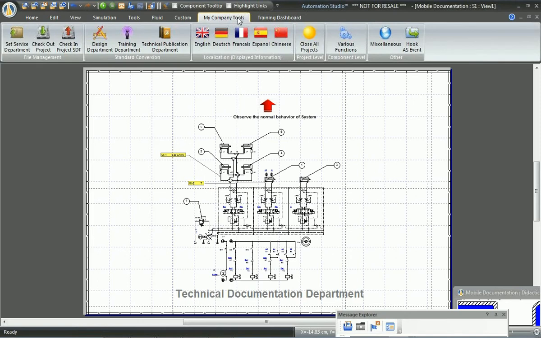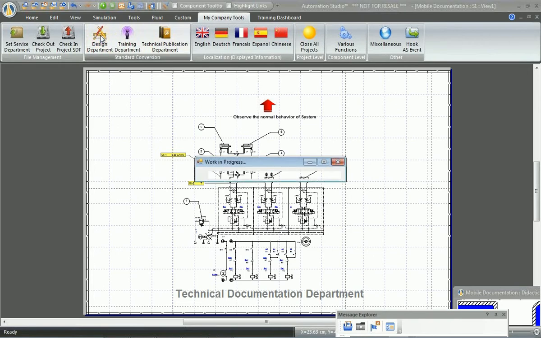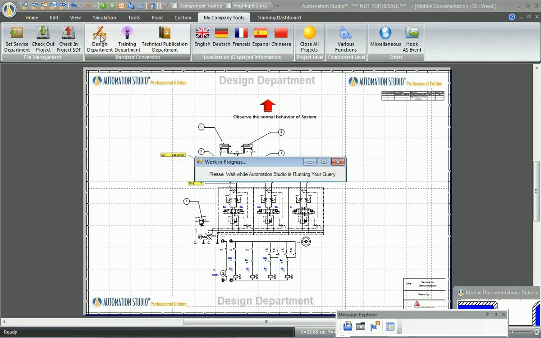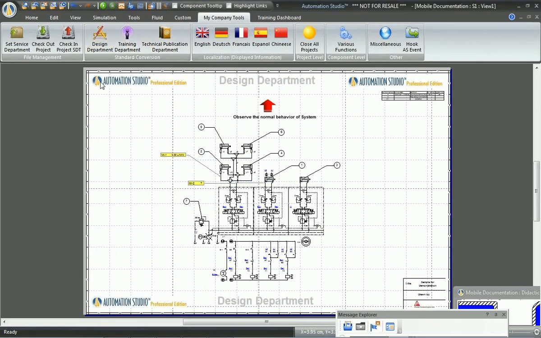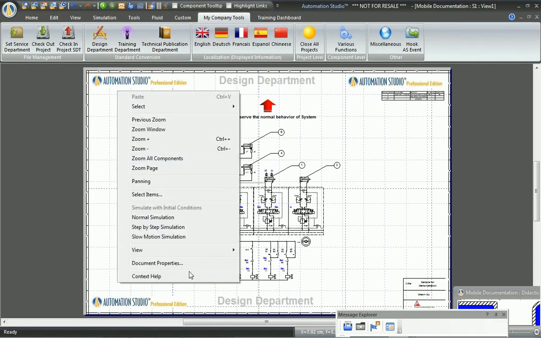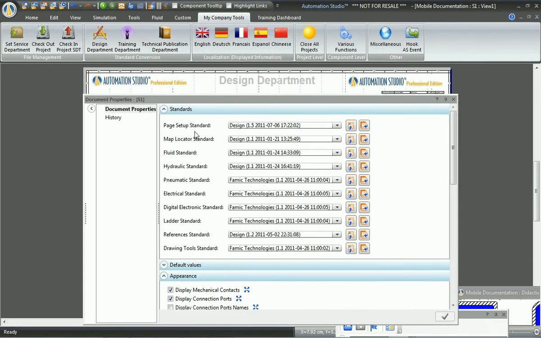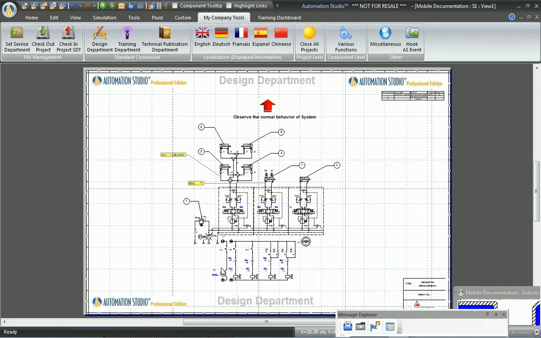So the first thing I'm going to do is change the standard dynamically. I launch this design department standard, and I'm going to quickly change four things: the page setup, the map locator, the fluid standard, and the hydraulic standard. Maybe you don't know exactly what hydraulic standard means, but